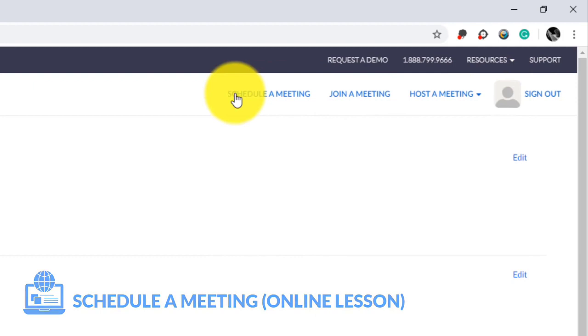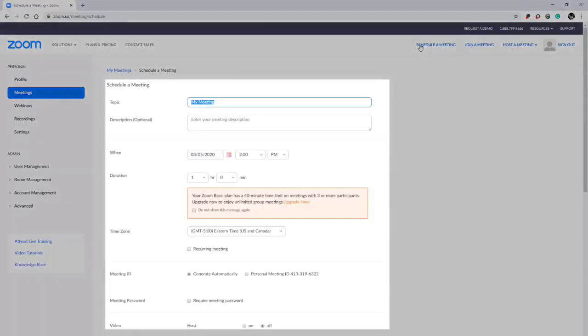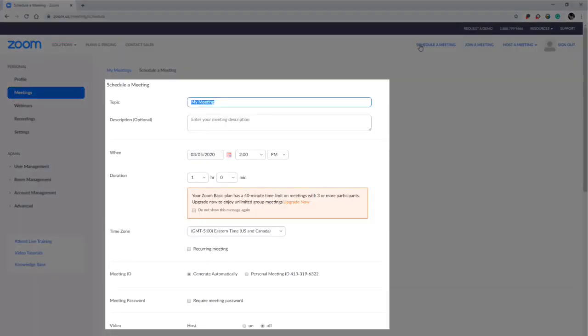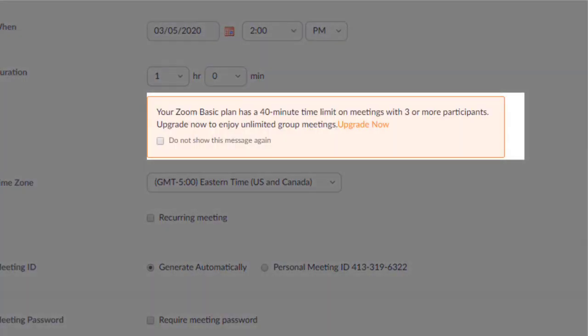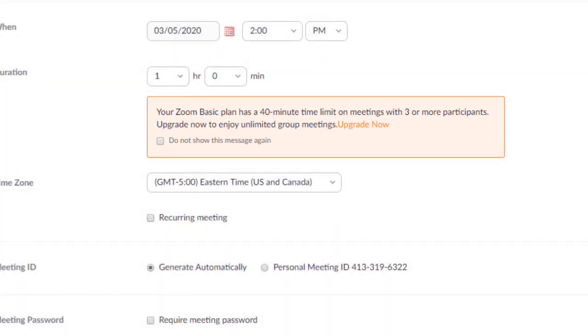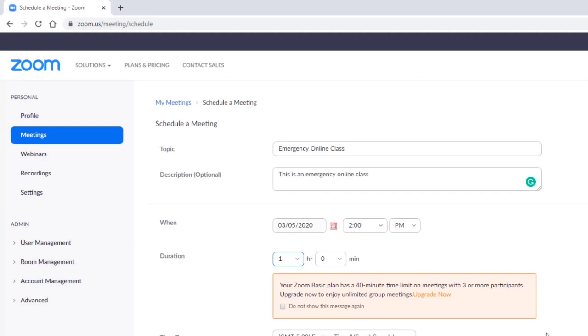So after logging in, you need to create your profile specifying your class name and other details. You have to note that a free Zoom account will only provide you a 40 minute time limit for online classes or online meetings, with 3 or more participants able to participate in your online class. So this is the important thing, that you need to make up your mind for the 40 minutes of teaching,